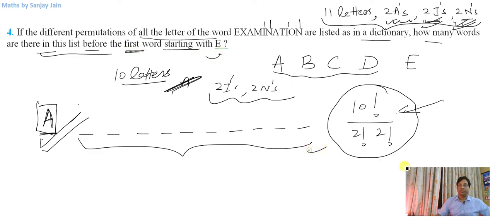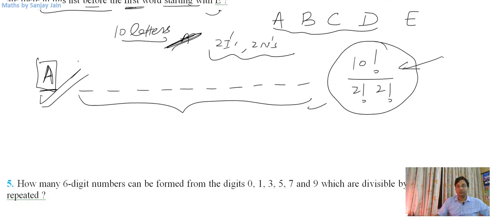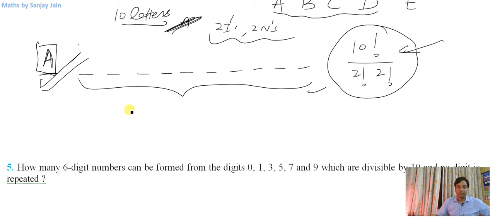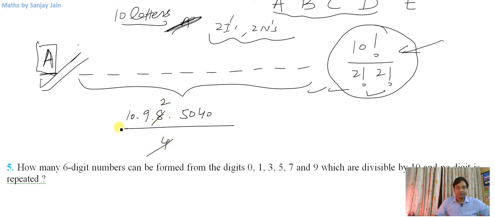So how many are these? 10 factorial by 2 factorial into 2 factorial. This is what you need to calculate. So 10 into 9 into 8 into 7 factorial, which I know is 5040, divided by 2 into 2, that is 4. So it will give you 2 here. This is 90,